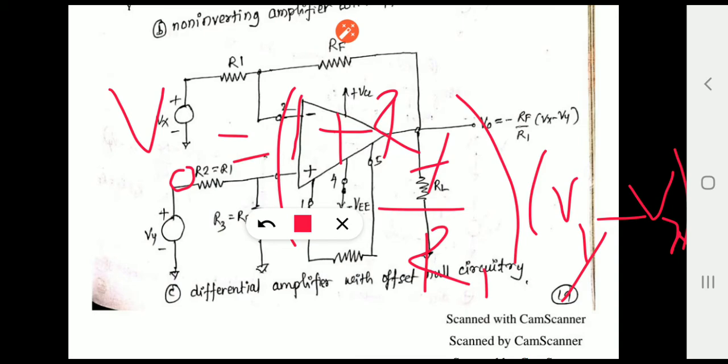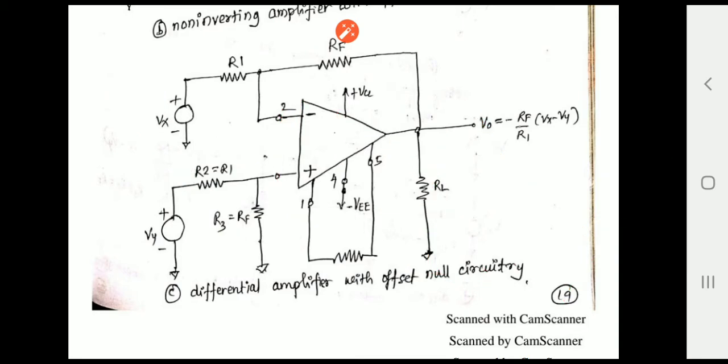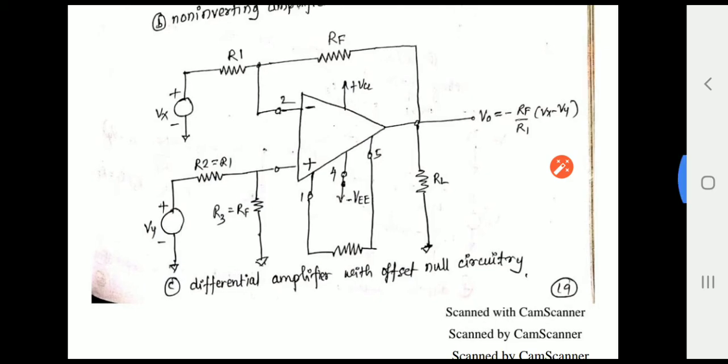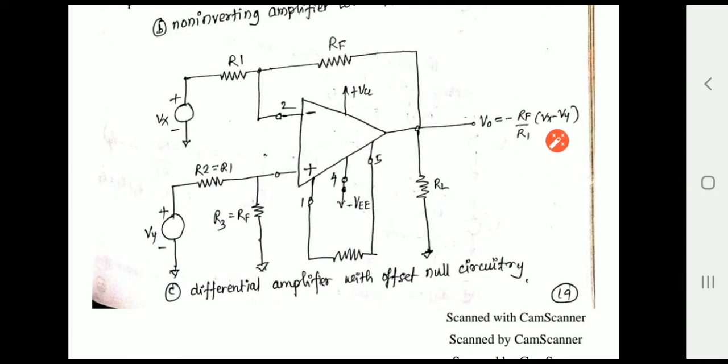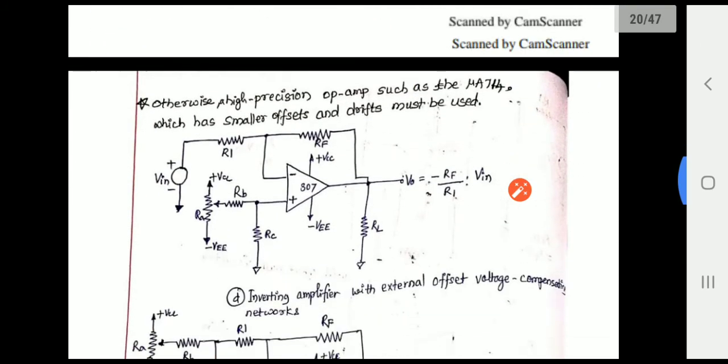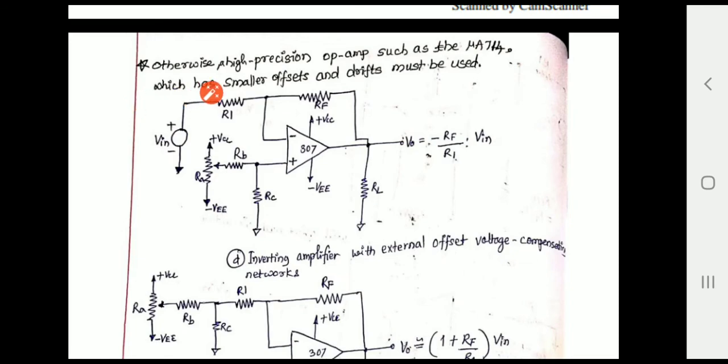You can use any one of the expressions to represent the differential output voltage. So here, non-inverting or inverting, any one expression can be used. In this case we have used the inverting output voltage, that is minus Rf by R1. That's why it is taken as Vx minus Vi, even though Vx is negative. If I use non-inverting, it becomes Vi minus Vx. That's the change.